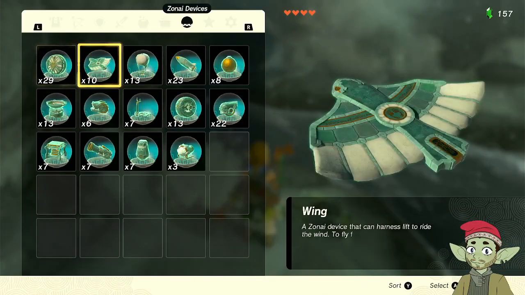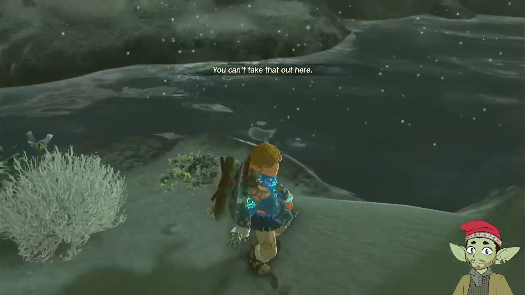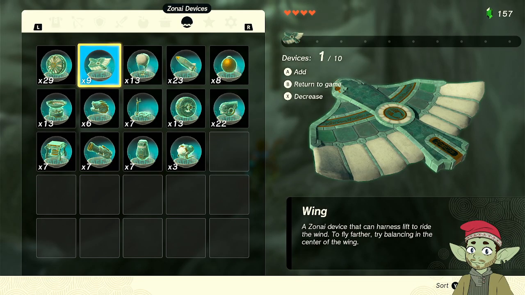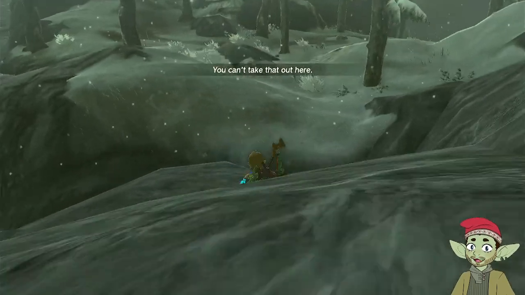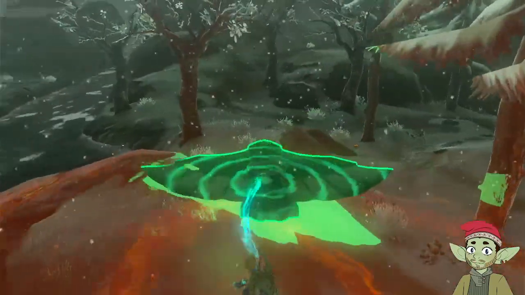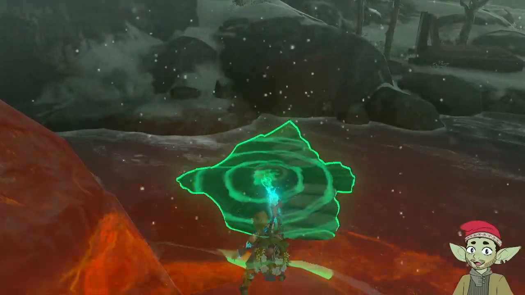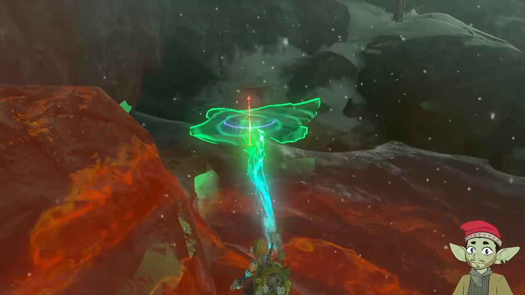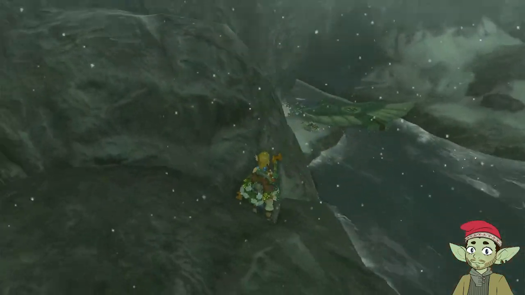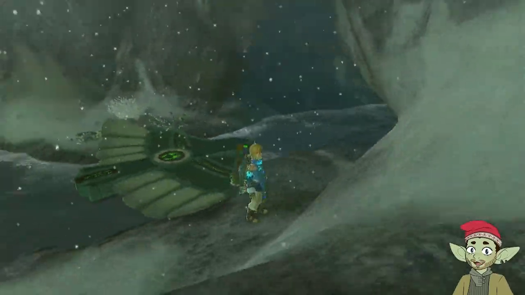So here's actually a decent use for wings. It's just as bridges. If it'll let me take them out anywhere. Come on. It's always just a matter of finding the space. This water is icy. I can't just jump across it. I'd have other options, yeah, but...